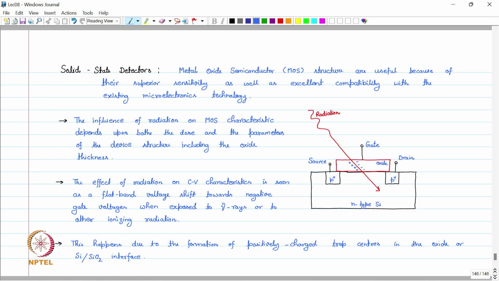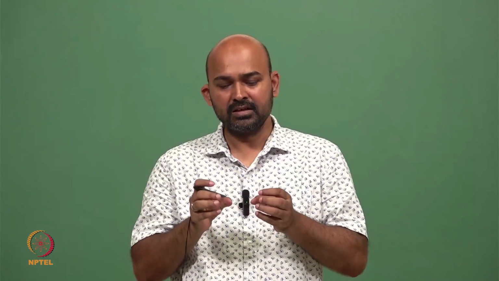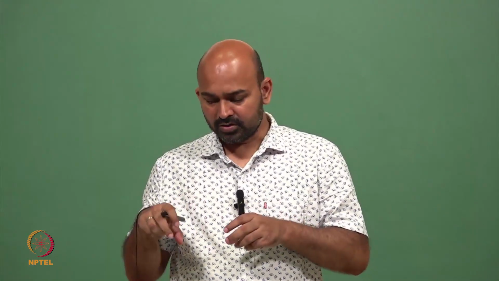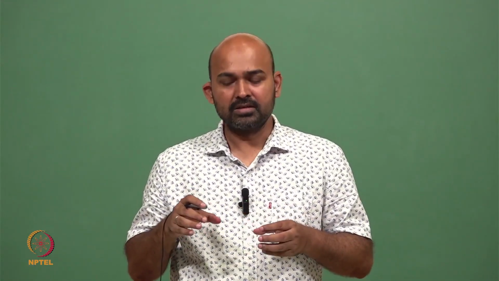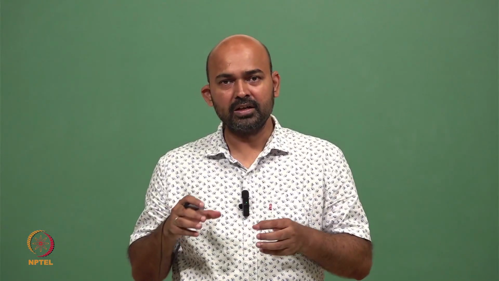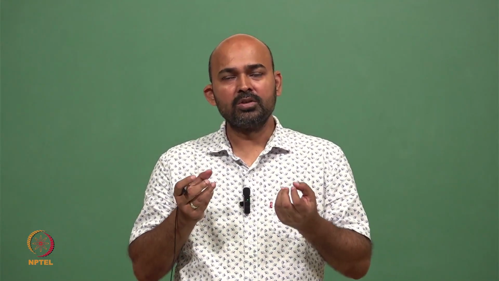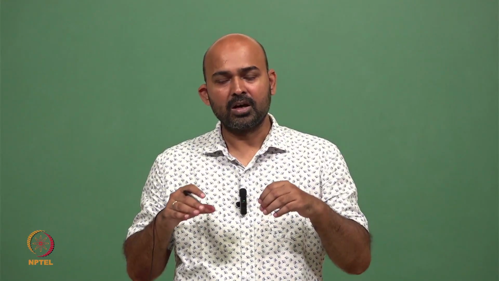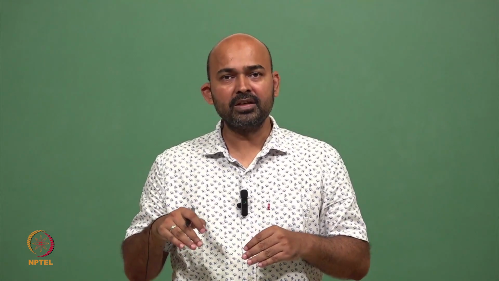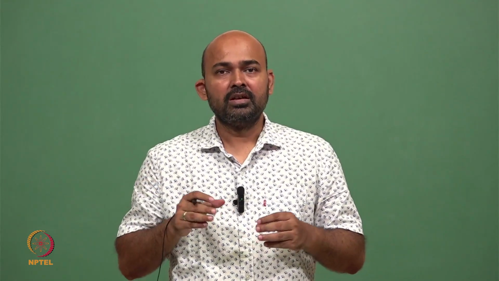So as we discussed, we use this MOSFET device for radiation detection, and radiation is creating these charged particles in the oxide. Because the oxide is non-conductive, it's an insulator, it does not allow these generated charges to escape to some other place, and these charges are trapped in the gate oxide only. Because of this trapping of these charged particles, now the threshold voltage of this MOSFET is changed,